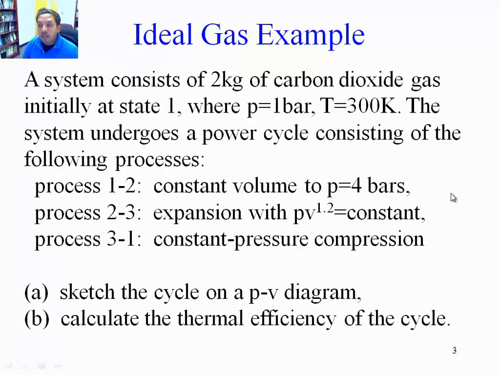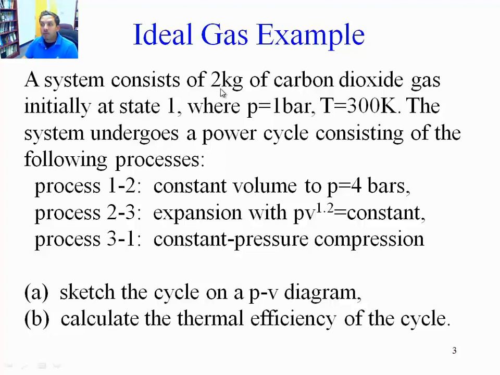Now let's look at an example, and we're going to spend the whole lecture today working this example. We are going to work this example using the 2 methods of calculating the energies and the enthalpy: the model of constant or average specific heats and the model of variable specific heats. And in this case, we have a cycle.